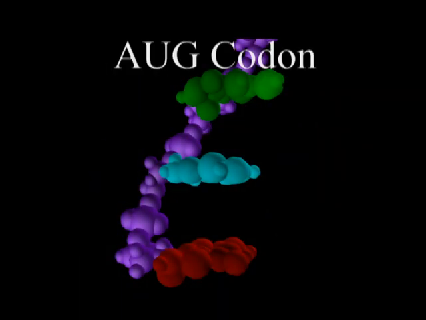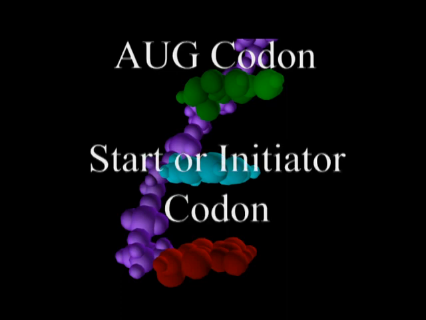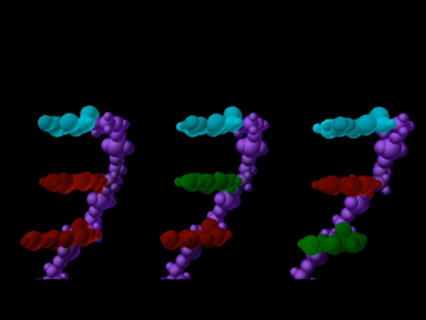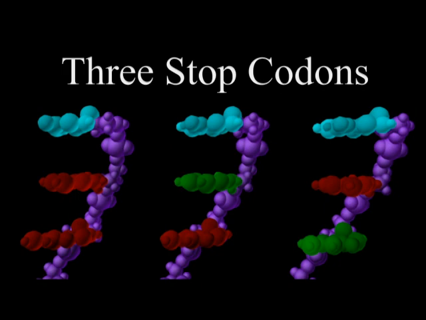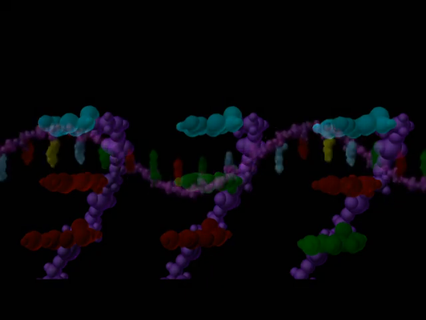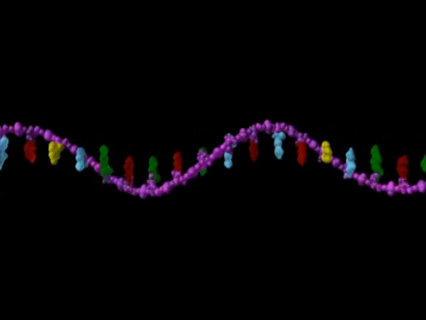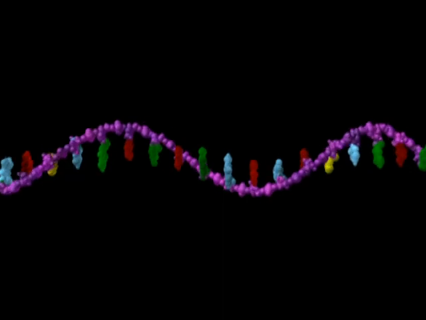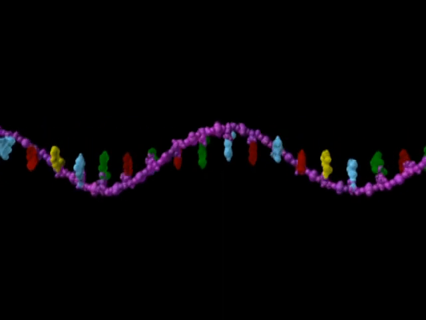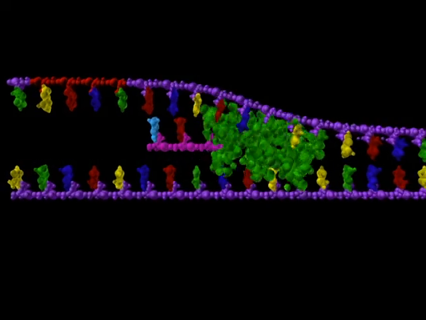The AUG codon also has a special role. It signals the start or beginning of a protein. Thus, it is often called a start or initiator codon. There are 3 other codons that don't code for any amino acid, but just signal stop to the protein manufacturing ribosomes. The 3 stop codons are UAA, UAG, and UGA. There is no punctuation in the genetic code other than start and stop. Strands of mRNA can be thought of as very long sentences written exclusively in three-letter words. Understanding how the genetic code works